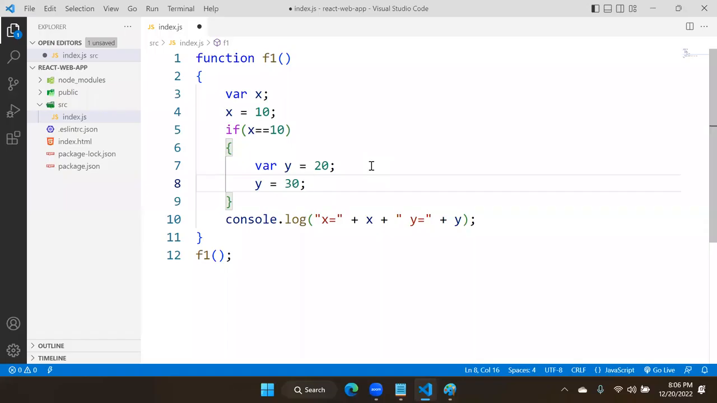What am I doing now? Assigning. After the initialization, if you want, you can assign. Then what will be the value of y now? The y value will be whatever value you assigned latest. That is, y will be how much? 30. But if I write var y = 30 again,